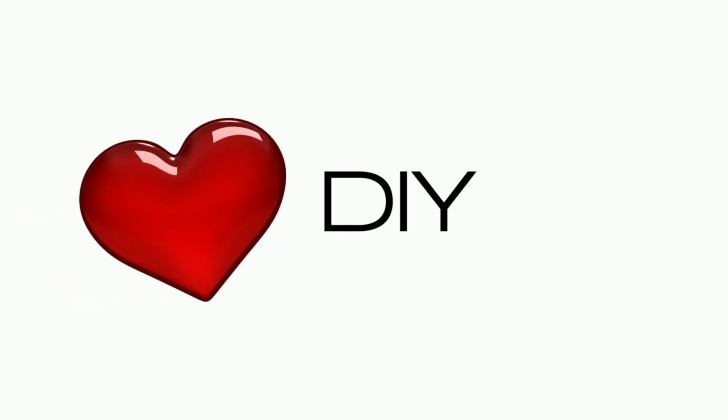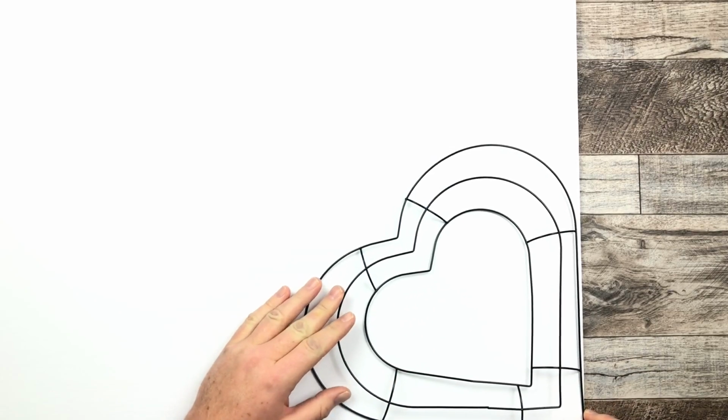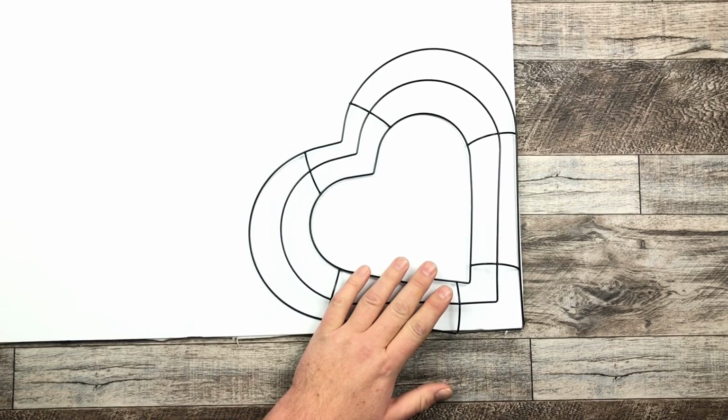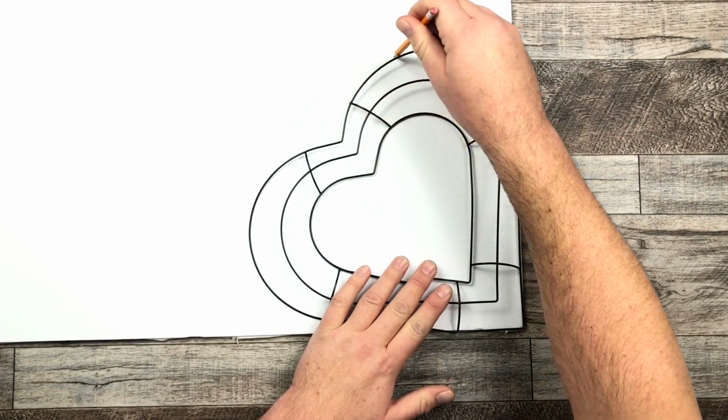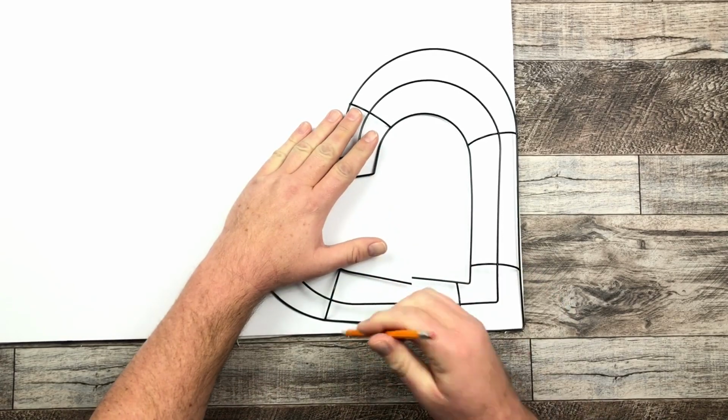My first DIY. First off, I have a 20 by 30 spare piece of foam core. It has vinyl wallpaper on the back that I used for a backdrop. So I'm just going to use this as my base. I'm not going to use this wire frame, but I am going to use the wire frame to trace out the base that I'm actually going to cut